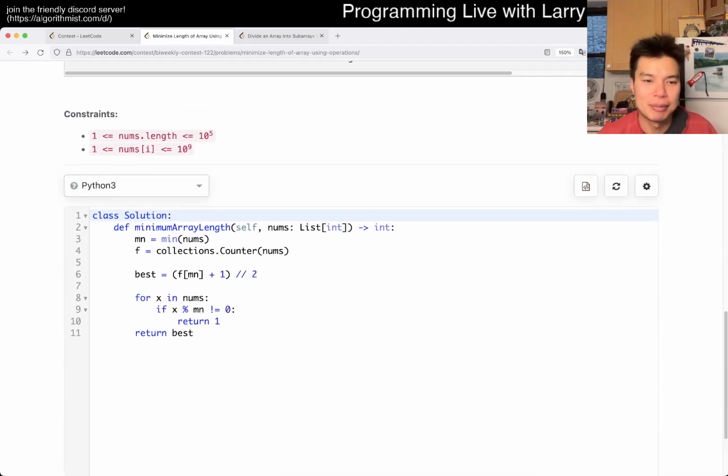But obviously this is going to be linear time, linear space. Well, the way that I did it is linear time, linear space. But you actually could do it in linear time, constant space, because this does not need to be a counter. You could just do a count. You get the min, do a count to loop through the array, and then to get this, and this is just if